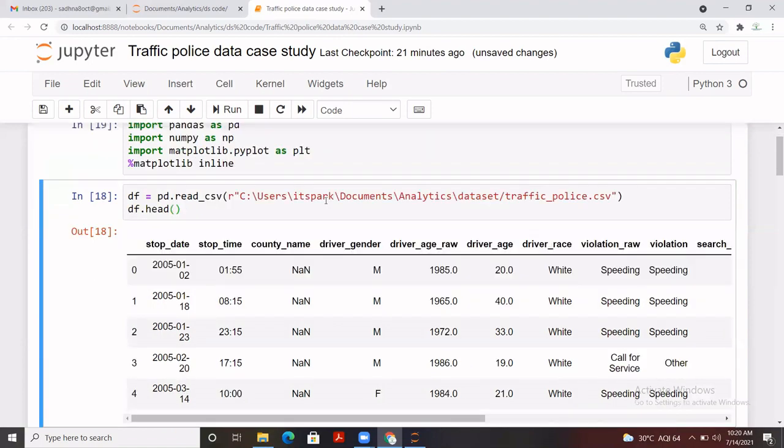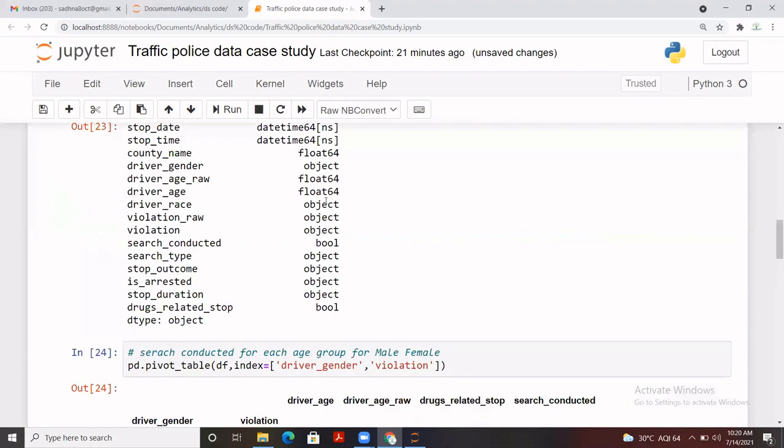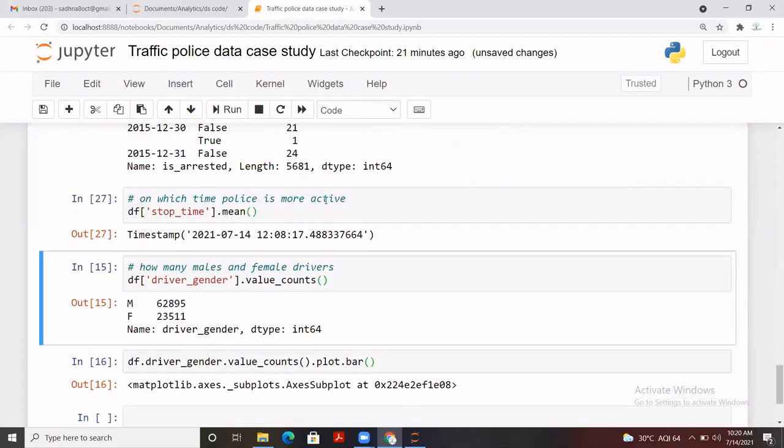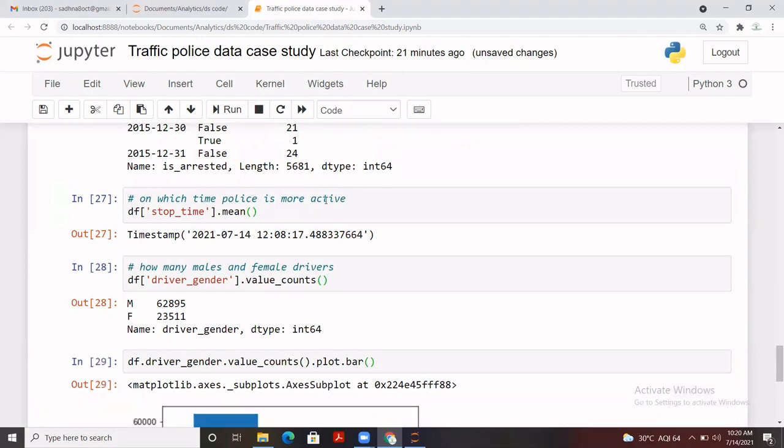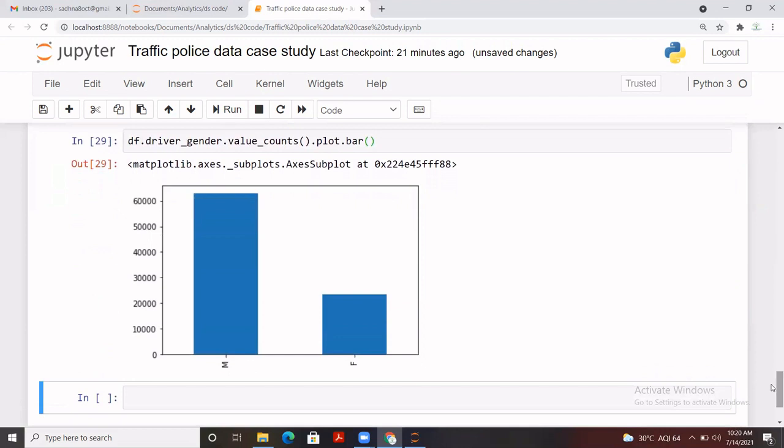So once you run it, let me run all the data once again, and here it goes. So this is what you can see, that in case we want to visualize it, we can visualize that part too.